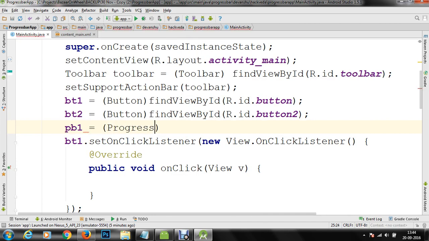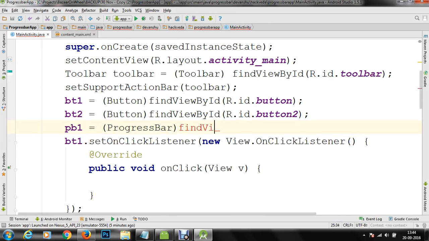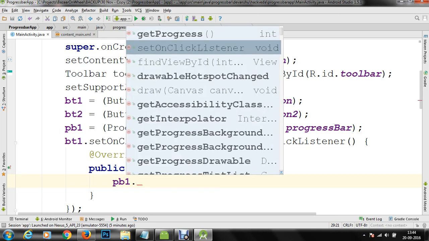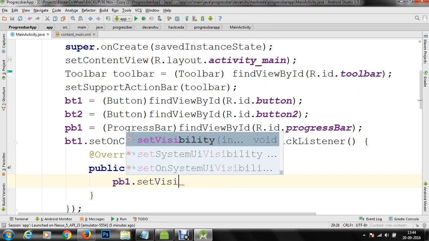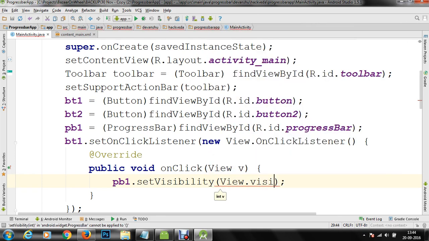We are going to use the class ProgressBar, find view control by its ID, and specify the ID information as progress bar. Here within the on-click method, we are going to set the visibility information, and here we are going to use View.VISIBLE.